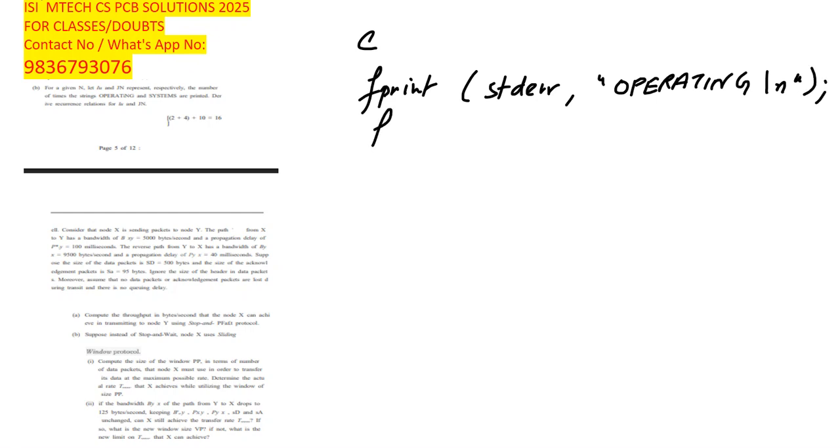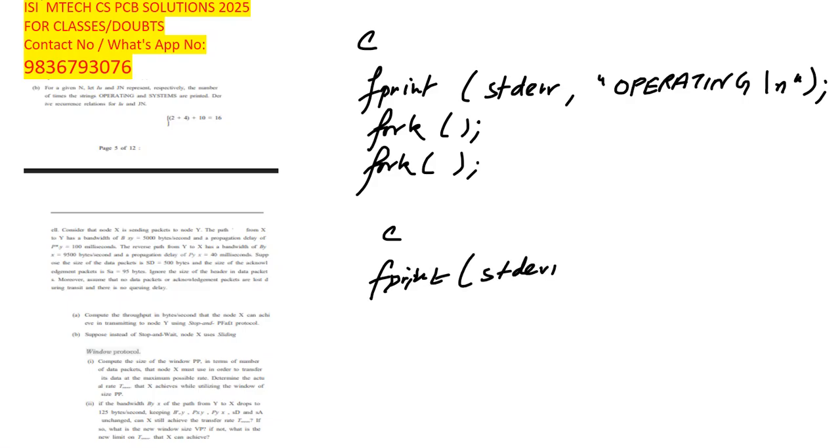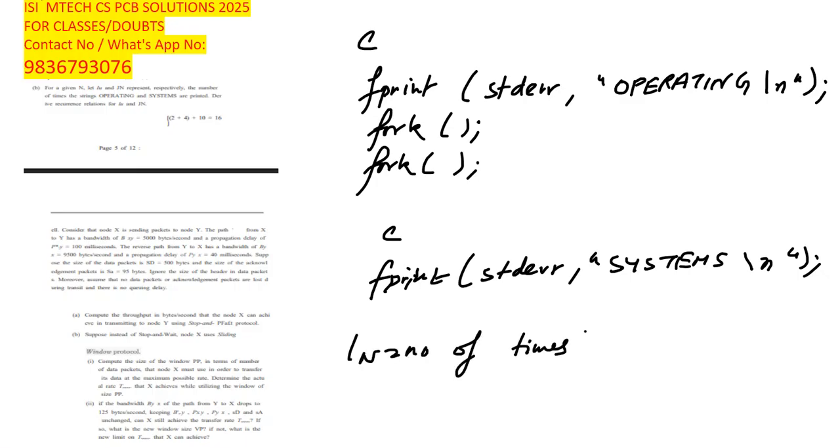So here, okay, and at the end it will be if print rr systems. Okay, so here what I define is that this means the number of times operating